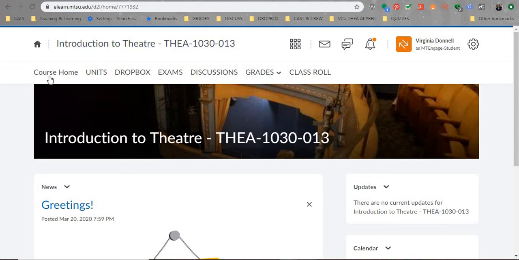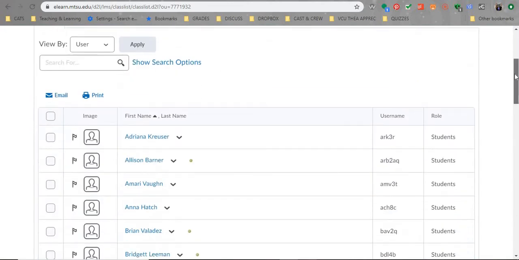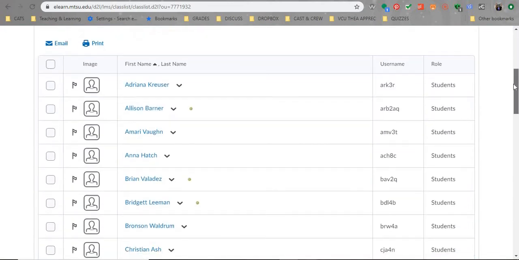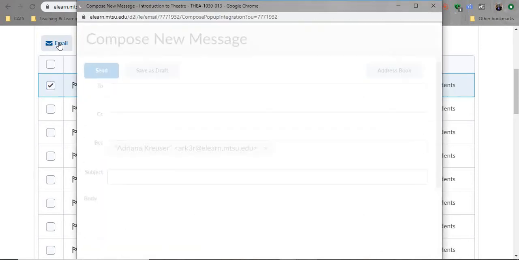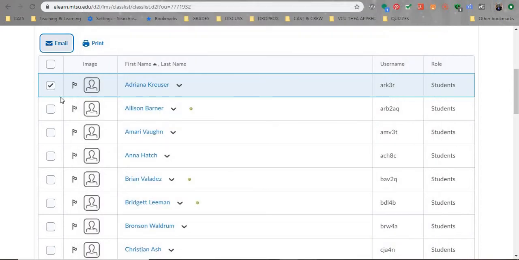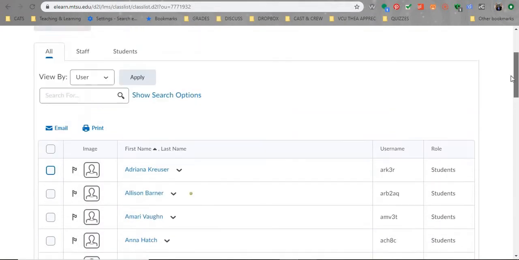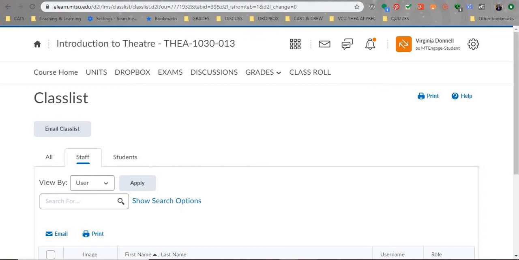Okay, so we're looking at class roll, for instance. This is what you would use to see who is all in the class, and your instructors. And if you wanted to email someone, you would click by their name here and then click email. What that does is pop up a compose new message that will send an email within the course. You do the same thing for the staff, and the staff will come up and it will have